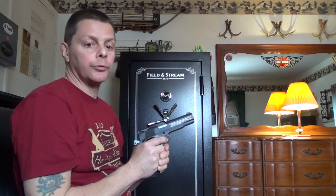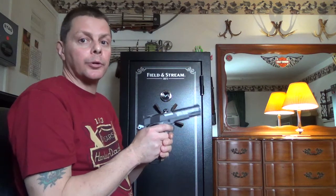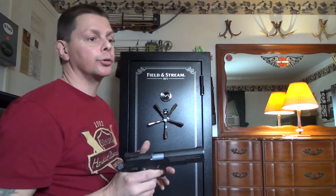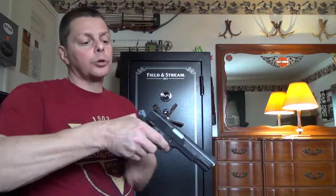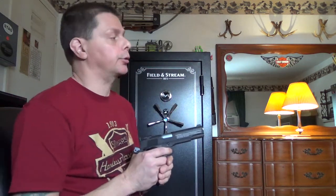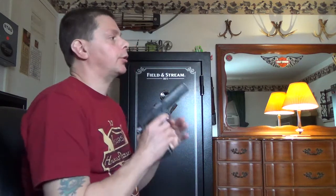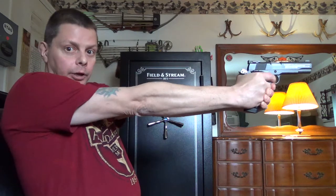Snap caps work, dummy rounds work, but if you're going to use them, you don't want to know when it's going to happen. That's the whole trick to catching yourself doing something wrong. You want to have somebody else load your magazine, or if you're using a revolver, drop your six in, spin it and close it, so that you have no idea where the live ones are and where the dead ones are. And then when you push out and go to take your shots, bang, bang, bang, click. That's where you're going to catch yourself. Okay? So, with all that,